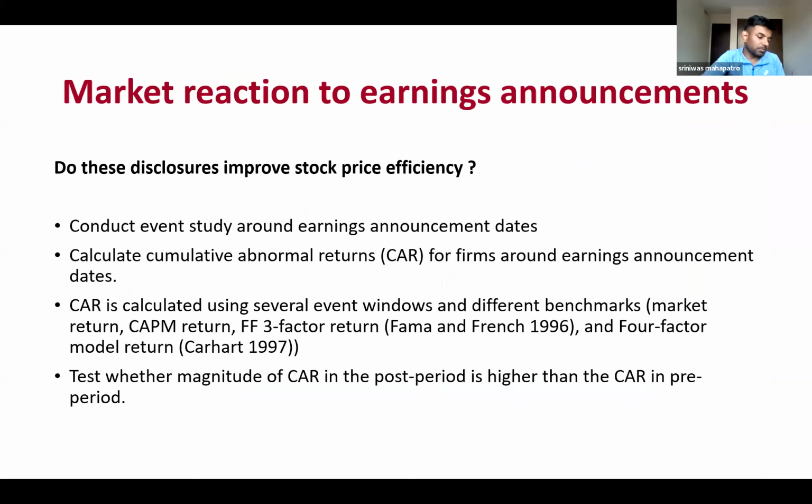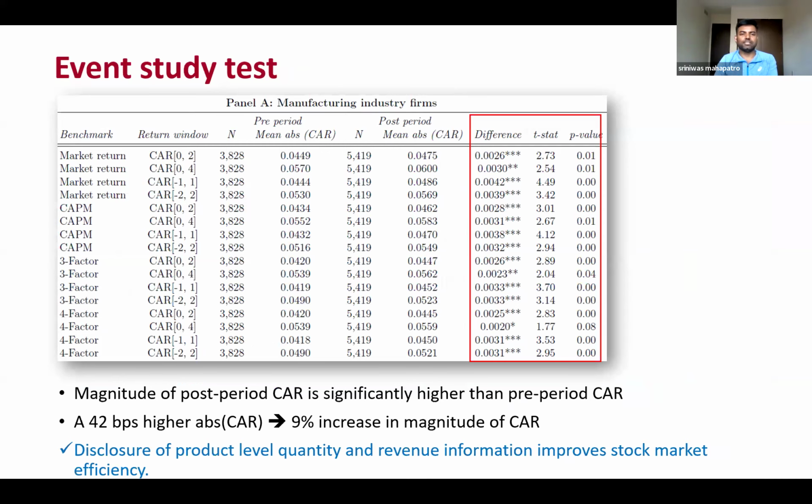Thanks, Sudipta. So the second set of market efficiency tests was around stock price efficiency. We tried to find out the magnitude of cumulative abnormal returns around these windows in the pre-period versus the post-period for all the manufacturing firms. What we find is that the post-period cumulative abnormal returns are significantly higher in size than the pre-period cumulative abnormal returns, which suggests that these disclosures maybe reduced stock market efficiency in the pre-period. To rule out that this could just be a trend, maybe all the companies witnessed higher cumulative